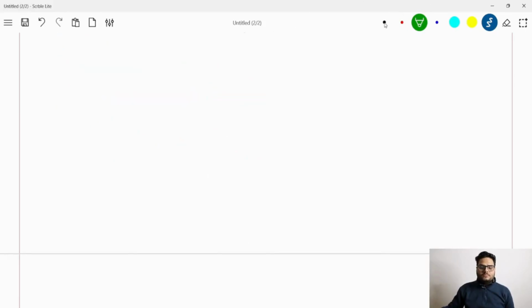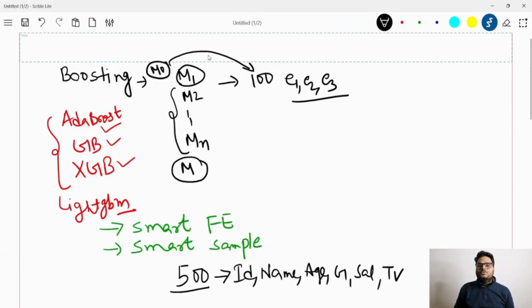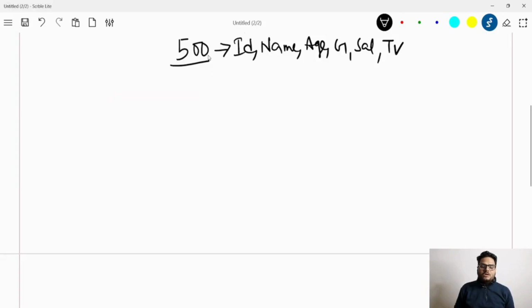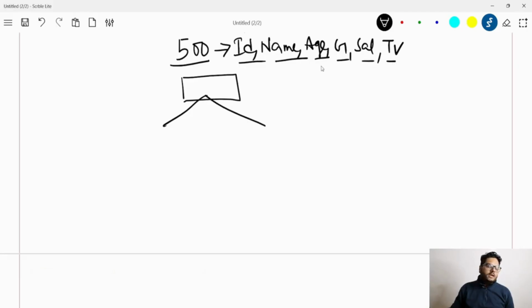Suppose, guys, I give you 500 records, employee data of an organization, and this employee data has, let's say, ID of employee, name of employee, age of employee, gender of employee, and a target salary of employee, which is the target variable I'm calling here. Typically in all these boosting algorithms, what runs internally is decision trees. If these 500 records go to decision tree training, then the first thing that will happen is the root will be decided and then the tree will split. One of these columns will be selected as the root column and the criteria will be selected using Gini,